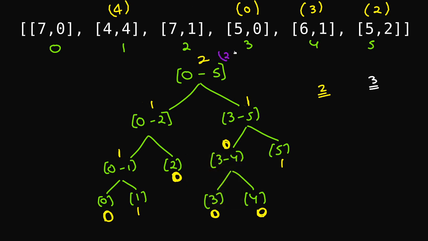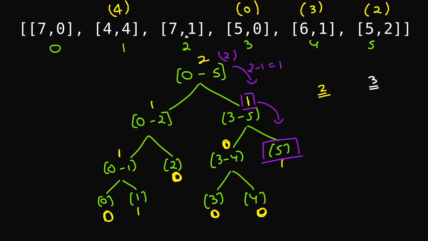So I'll start from here. I'm looking for the second one. I realize that there is one in the left subtree. I just completely ignore that because I'm looking for the second one. If I skip that, I'm left with 2 minus 1 equals 1. I'm looking for the first one in the right subtree. I am here at this particular place looking for the first one. I realize that there are 0 ones in the left subtree, so I completely skip those and I'll go here. The moment I reach here, I realize that this is a leaf node corresponding to index number 5.